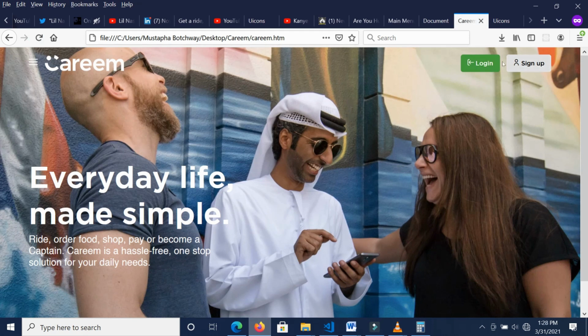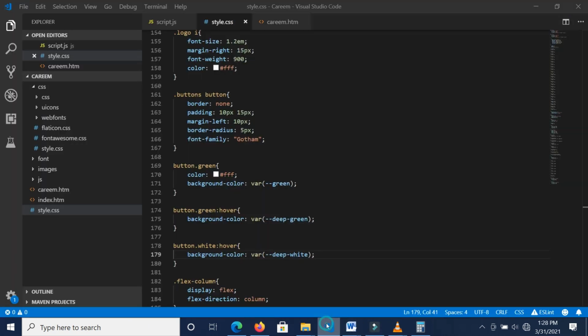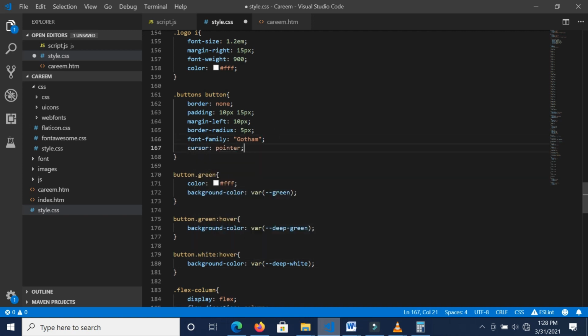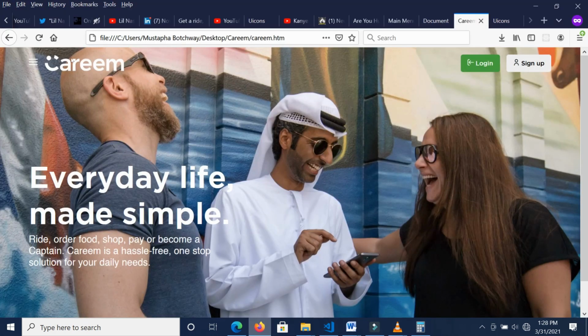But then we want the cursor to be pointed, not as we are seeing. It should be a pointer. So we'll go back to the original button and then we'll say cursor pointer. Good. So now if I refresh, there you go. Good. There you go. So we are done with the first section, which is this particular one. But of course,